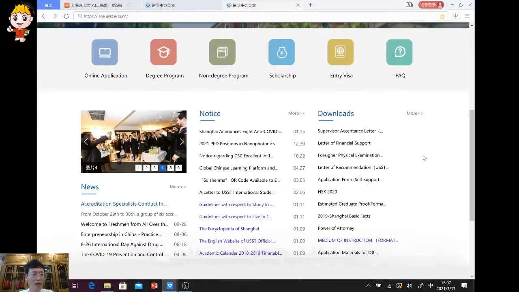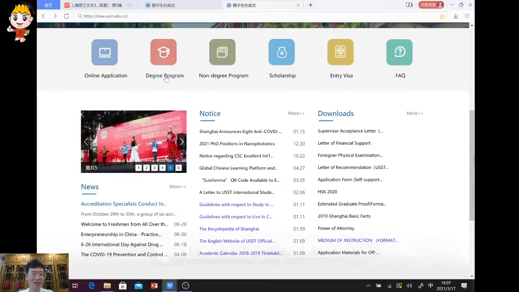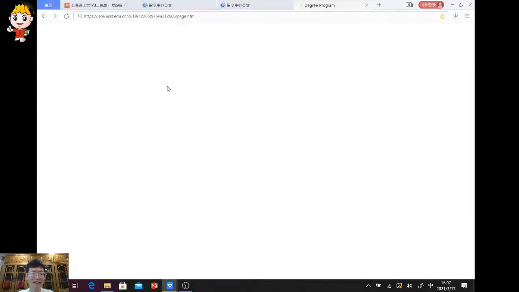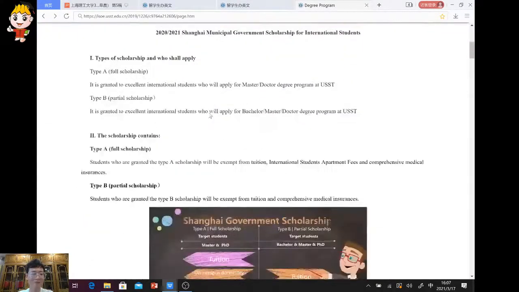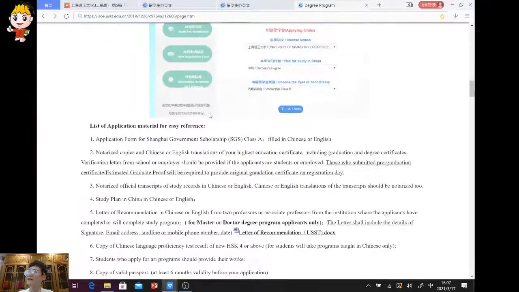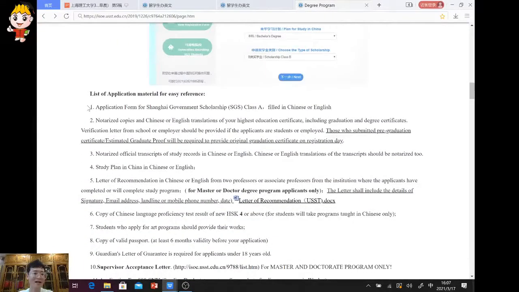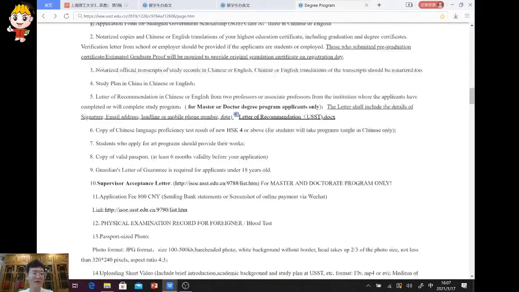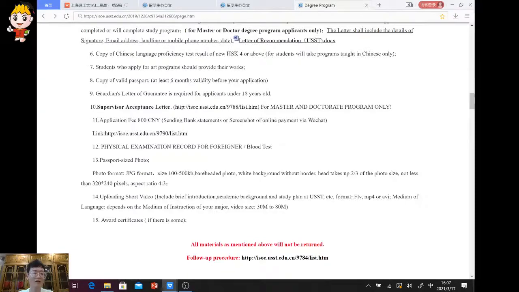And if you want to ask where the documentation list is, just click the second button here, and we scroll down, and there is the list of the documentation, 1, 2, 3, 4, 5, up to 14, including 1 to 15.